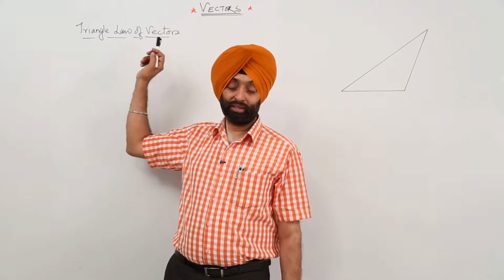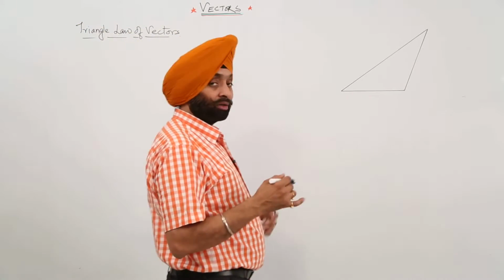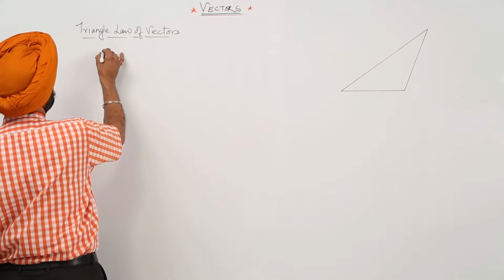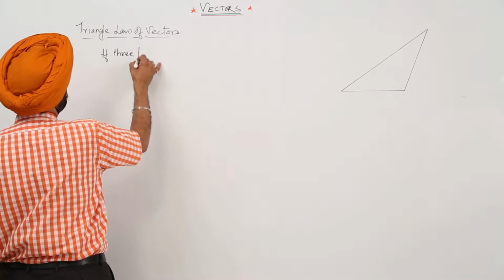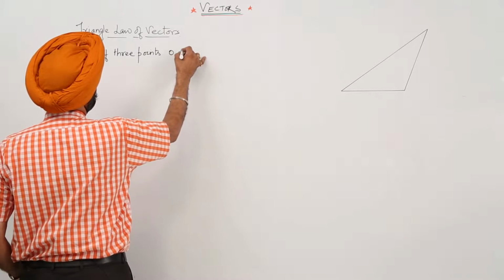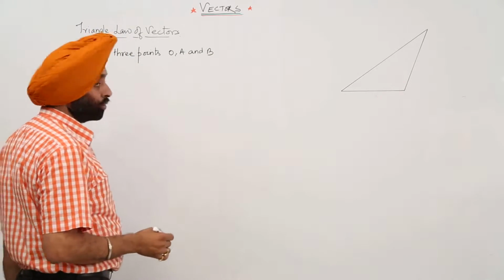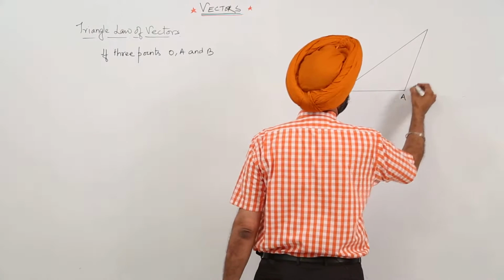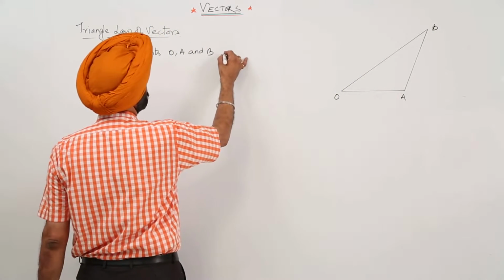Triangle law of vectors. What this means, I have already explained to you. Now let's define it. If three points O, A and B, here it is O, here it is A and here it is B, are so chosen